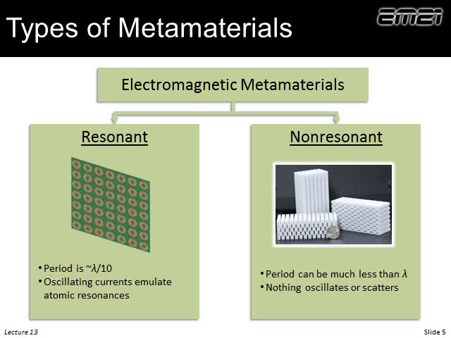In the non-resonant metamaterial, the period in fact is much less than a wavelength. And for these, the period can be a millionth of a wavelength, and it will behave the exact same way as if the period is 1/10 of a wavelength. My experience with these is that we can push this and get up to about 1/4 wavelength, but as we start approaching the scale of a wavelength, it starts looking much more like a photonic crystal, and a different set